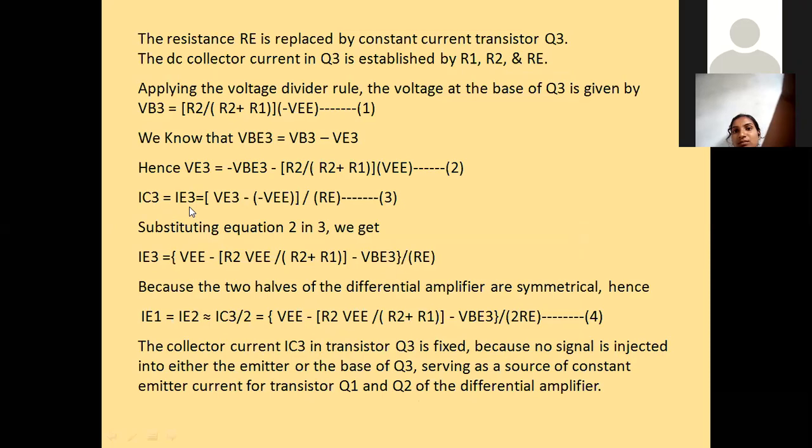It is equal to IE3, that means the value of current through the collector is the same as the value of current through the emitter, which is given by VE3 minus VEE divided by RE. So this is your equation 3. Now substituting equation 2 in 3, we get IE3 is equal to VEE minus R2 VE